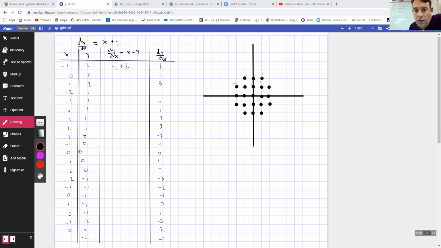And then our next one, I have -1, 0, 1, 2, 3. Then I got -2, -1, 0, 1, and 2. And again, you can start to see, if I were to have every single point out here,